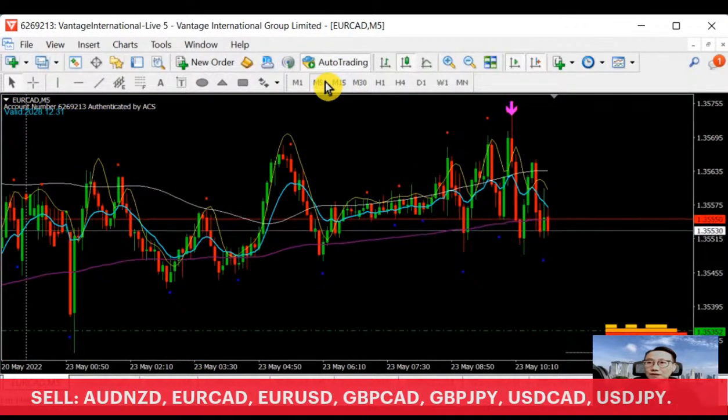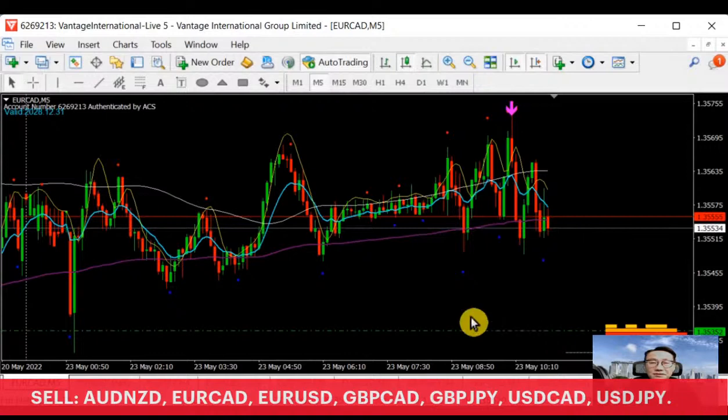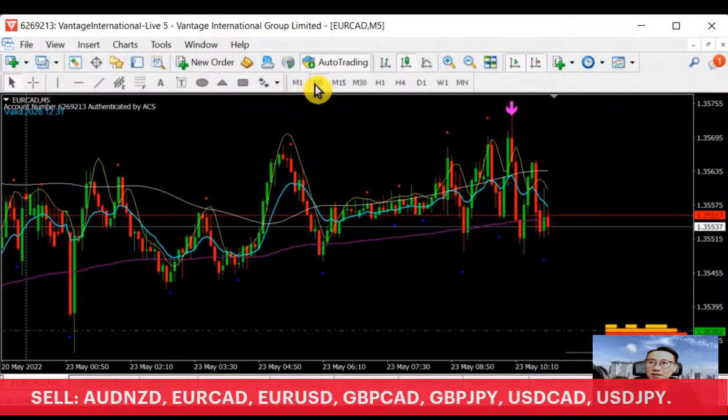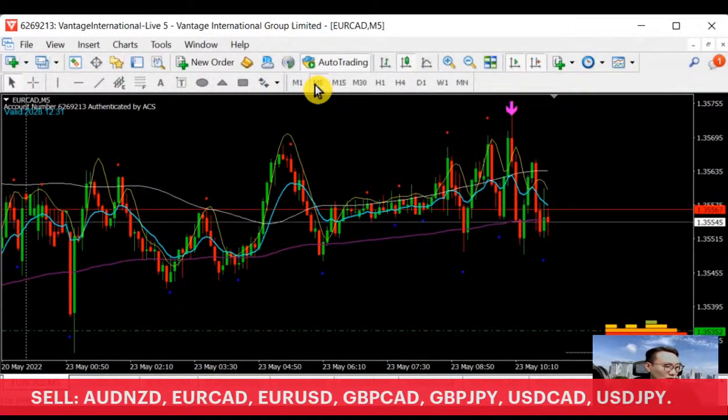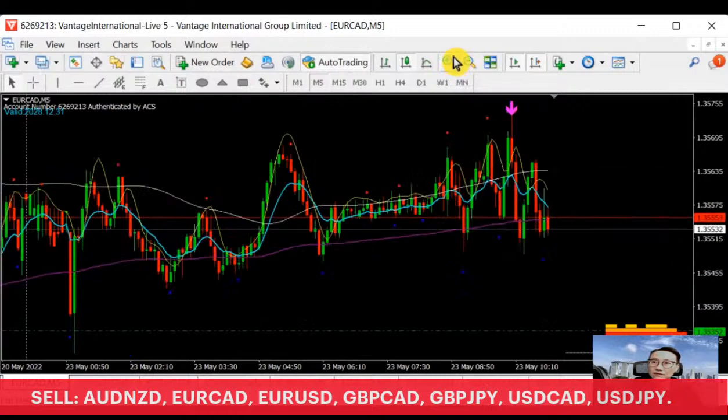So M5, right now, let's see. The space here, we have about 17 pips to go. Is it a good time to actually enter for a trade? No, I would say tentatively hang on for a little while. Because right now, as you can see, we are still struggling on the moving average support here. So tentatively, hang on.